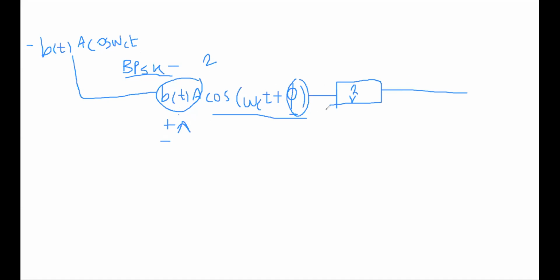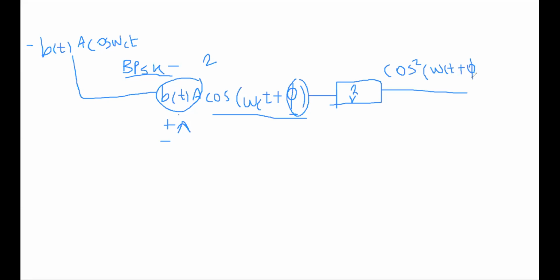So this is the input signal to the squaring circuit. Obviously it will square this signal. So the output of the squaring circuit is cos square of omega ct plus phi. Phi is the phase change introduced due to the communication channel. So that is the first device at the receiver side where the input BPSK signal is given to the BPSK demodulator or receiver.